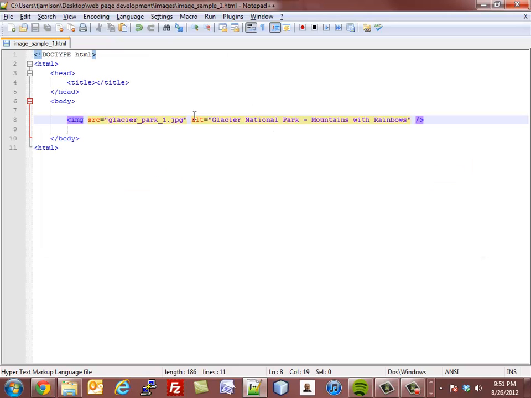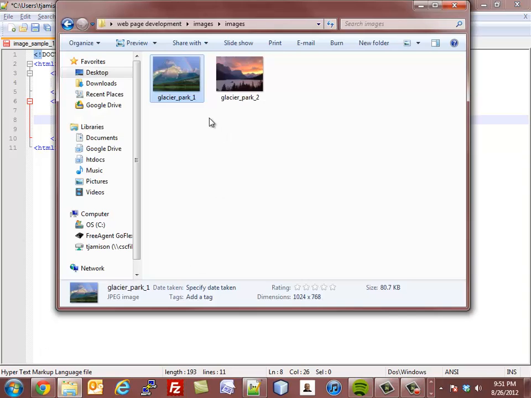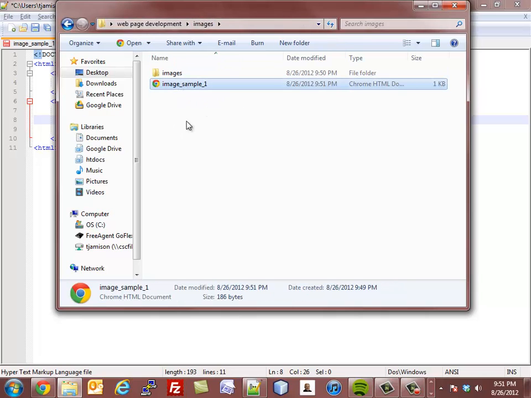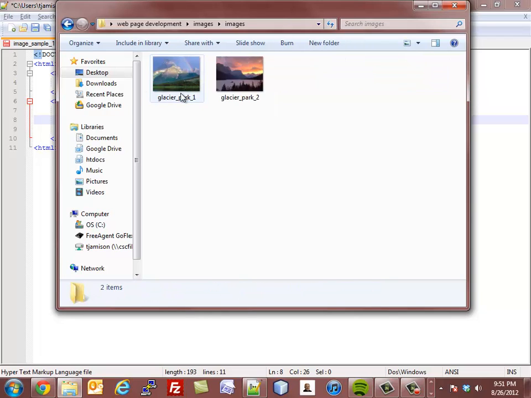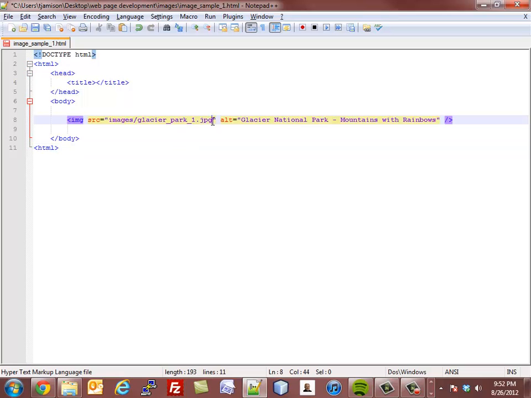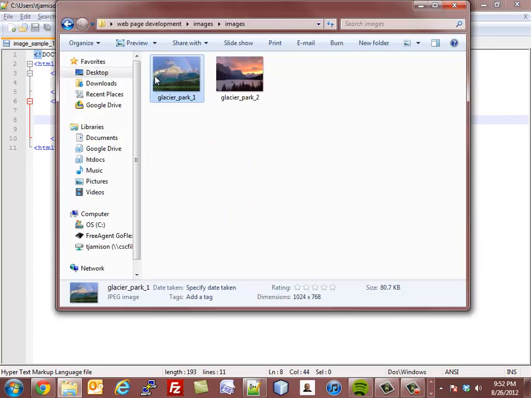Oops. I need to remember to put in the folder that I want to go to. In this case, it's images, because when I look at my main folder here, I have my file that I'm rendering, and then there's an images folder. In that subfolder, there's a file called glacierpark1.jpg. Okay. So now, when I save this file and render it,